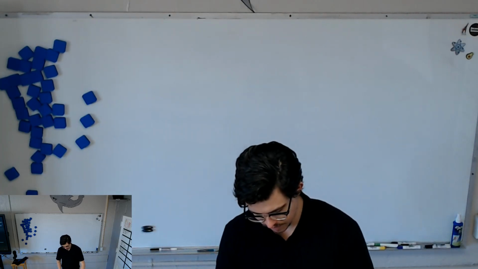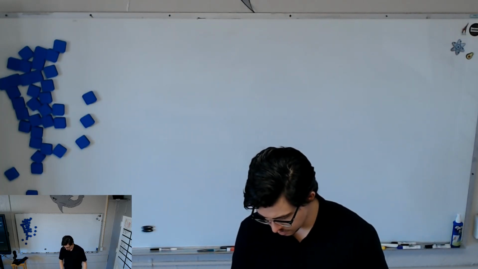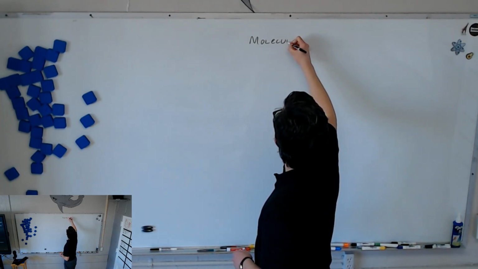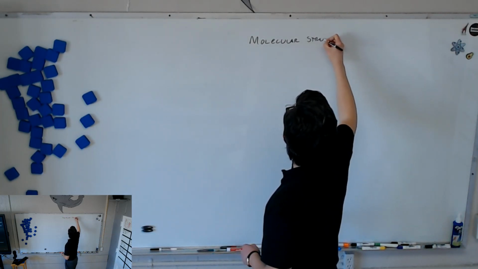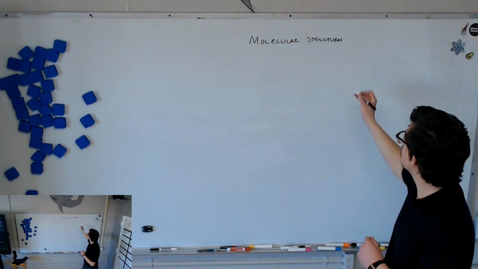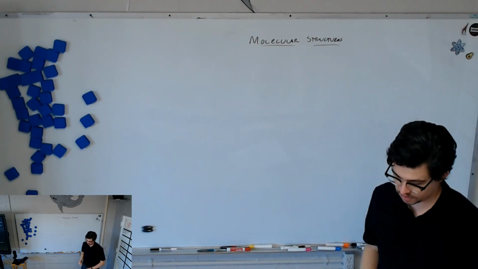Chemistry time, we're going to talk about molecular structures and polarity. So write this down. First we're going to start with molecular structures. We're also going to talk a little bit about molecular shapes. So for molecular structures,